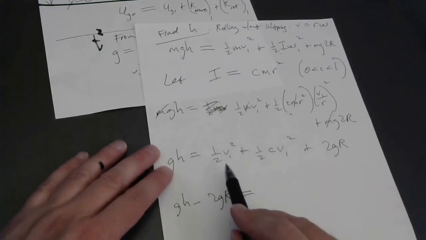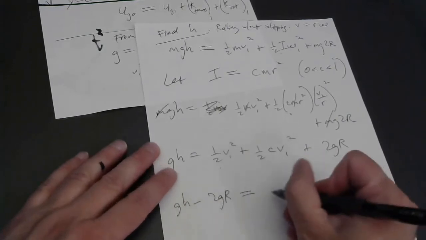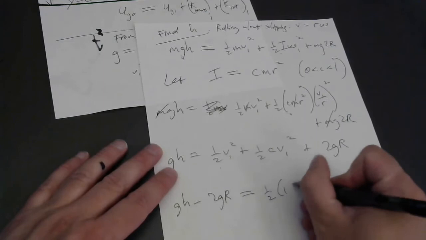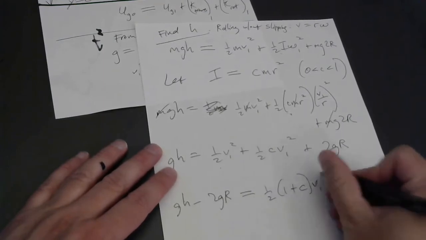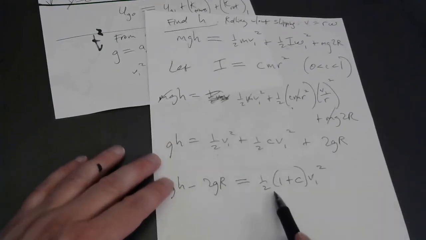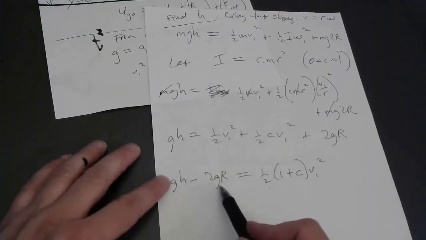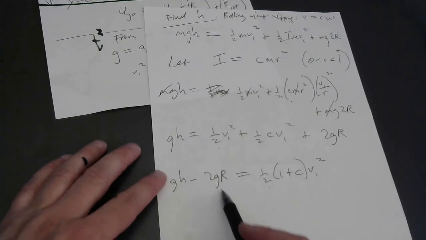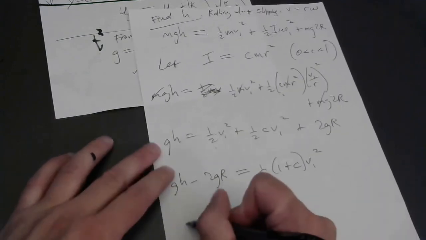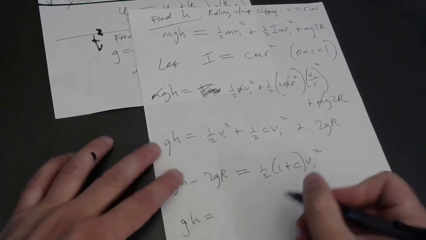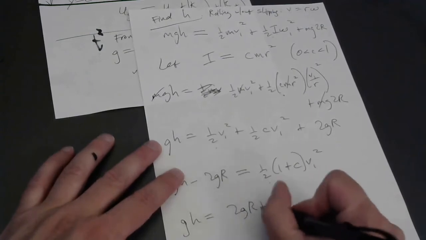I'm going to factor out 1/2 V1 squared here. So I get 1/2 times 1 plus C V1 squared. See what I did there? If you distribute, you can recover both of these. I put the 1/2 on the left side and the V1 squared on the right side. Okay. And now I'm realizing I didn't really need to put this over here. It would have been better left over here. So I'll put it back. GH is equal to 2GR plus 1/2